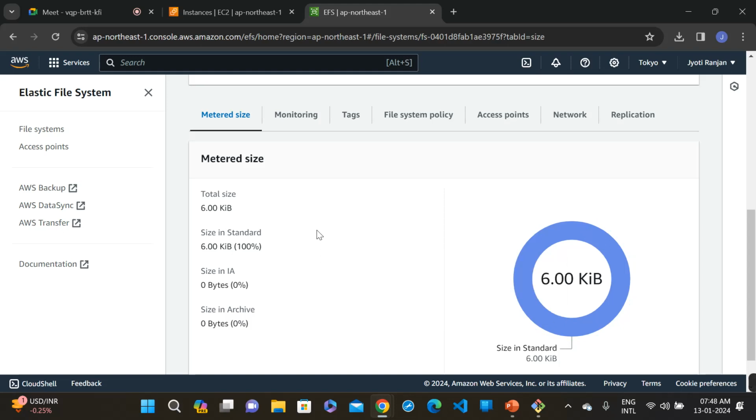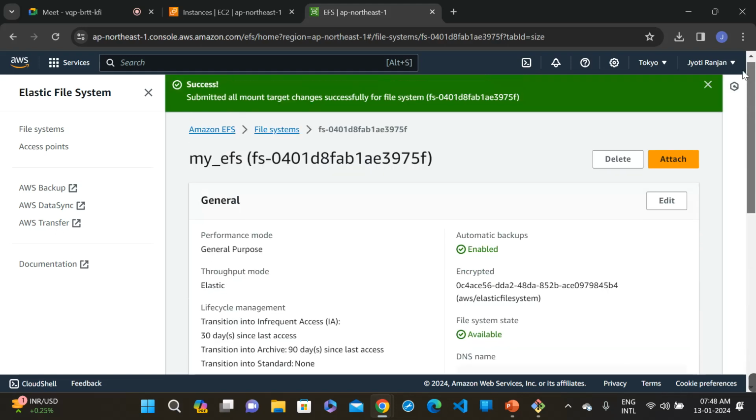It is another storage type. I think we have completed three storage types: EBS, the S3 bucket, and this Elastic File System. So in AWS, this is all about EFS. And to practice this AWS EFS, if you face any difficulty,